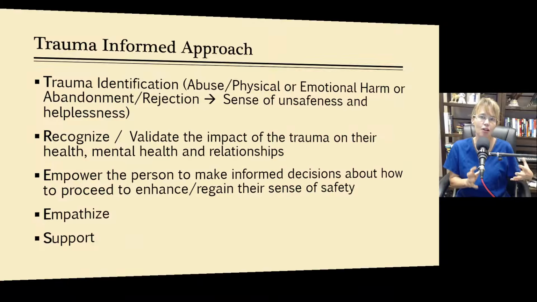But the first category is abuse or physical or emotional harm. And this can come from a caregiver, this can come from a stranger, this can come from an act of nature. It was something that caused the person physical or emotional harm. The second major category is